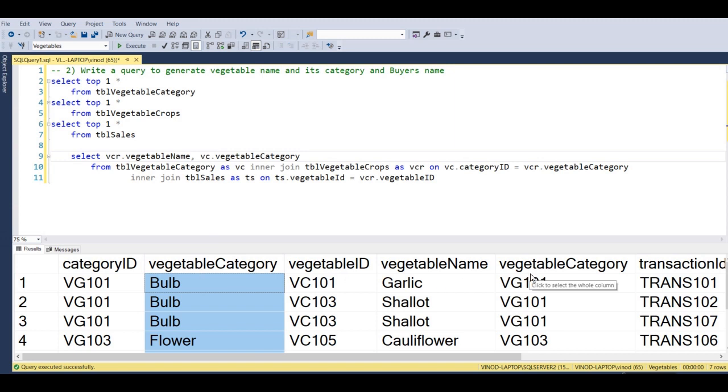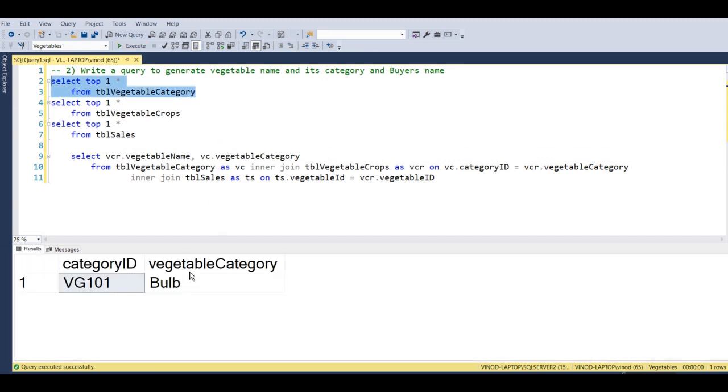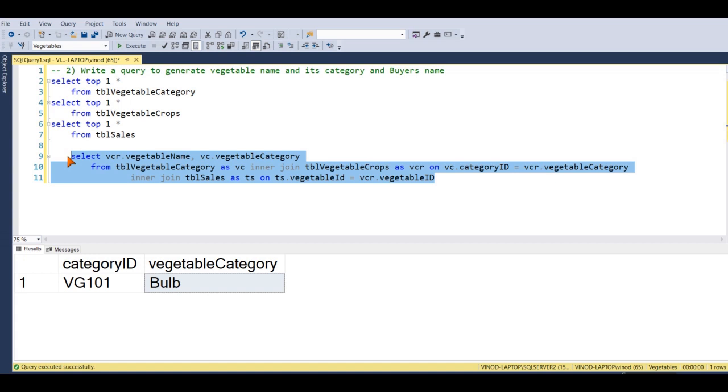We are requiring this column, right? Now vegetable category is in both the tables, but what we want is this vegetable category. If you see over here, vegetable category is bulb. So this is present in which table? TBL vegetable category. So TBL vegetable category has the alias VC. So give over here VC dot vegetable category.